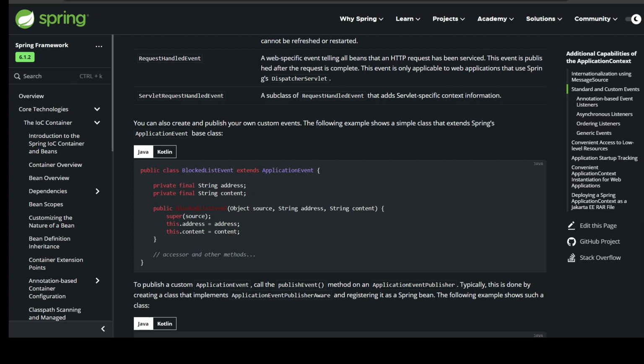You can also create and publish your own custom events. The following example shows a simple class that extends Spring's ApplicationEvent base class. public class BlockedListEvent extends ApplicationEvent { private final String address; private final String content; public BlockedListEvent(Object source, String address, String content) { super(source); this.address = address; this.content = content; } // accessor and other methods... }